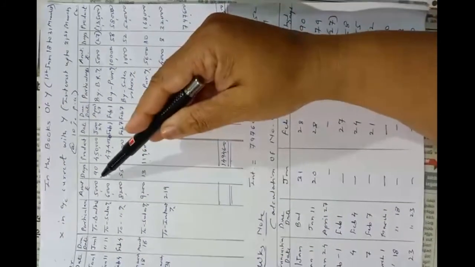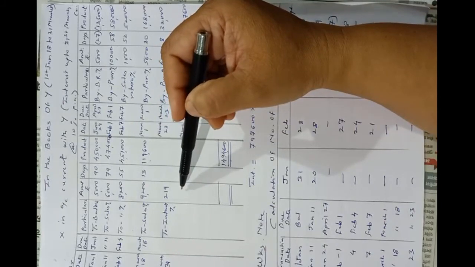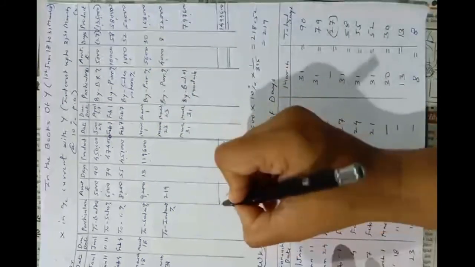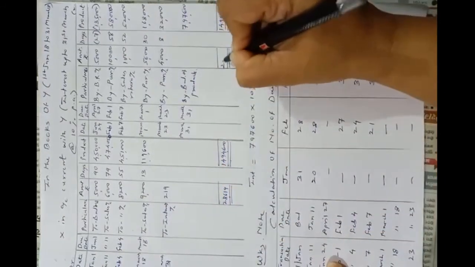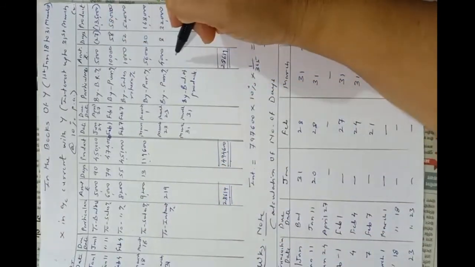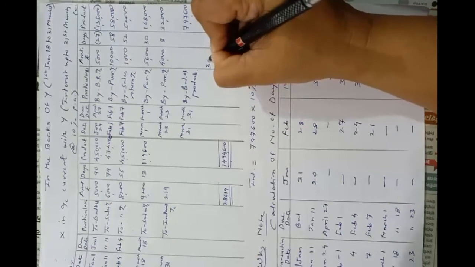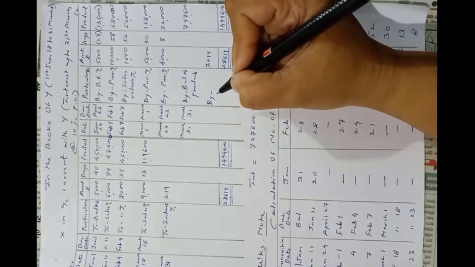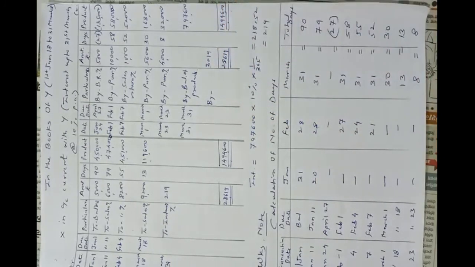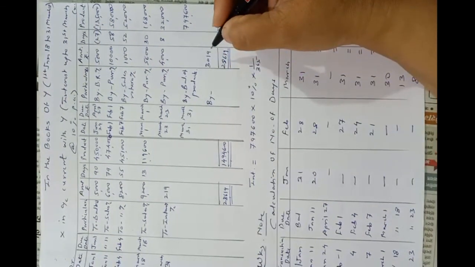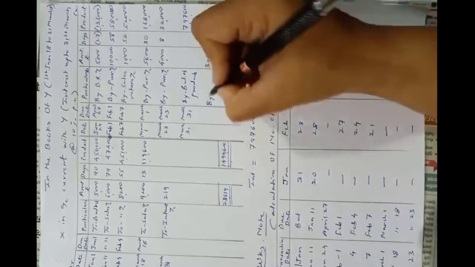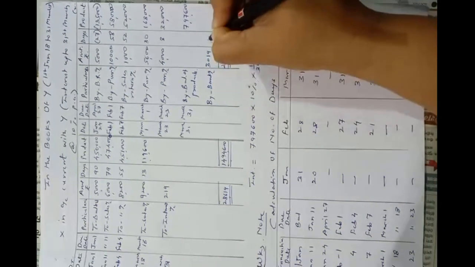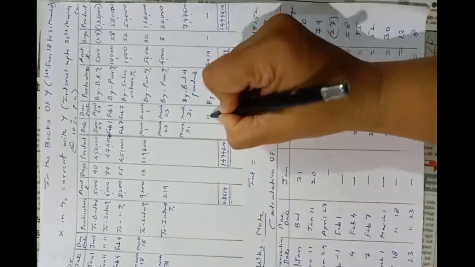Okay, total of debit side is 28,619. Total of credit side is 25,600. So difference is 3,019 by bank account. As they told us that accounts were settled by means of check, so by bank account was settled on 31st March.